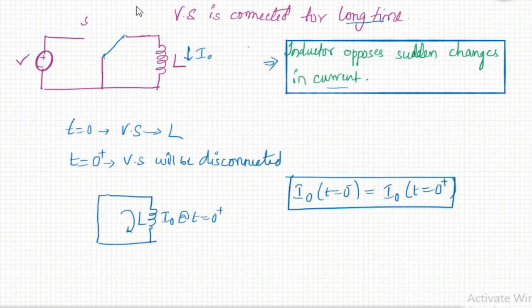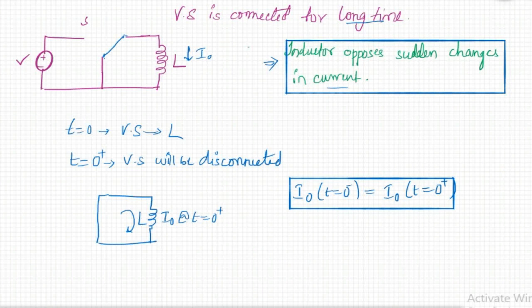This is the behavior of the inductor during the transient condition. Now let us see the behavior of the capacitor for the transient condition. Earlier we had no current through the inductor even after turning on the voltage source. Now there is still current even if we remove the voltage source. So let us conclude this.